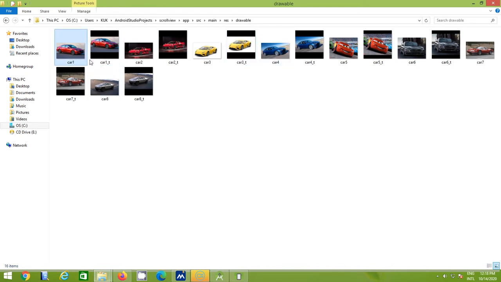That is the large image, that is the name. The one with T is simply your thumbnail image. In this part I have used 8 images, so 16 images are stored here: the large images and their thumbnails. The names are easy to understand: that is your large image, and the underscore t means thumbnail. So first of all we simply paste those images in that folder. After that